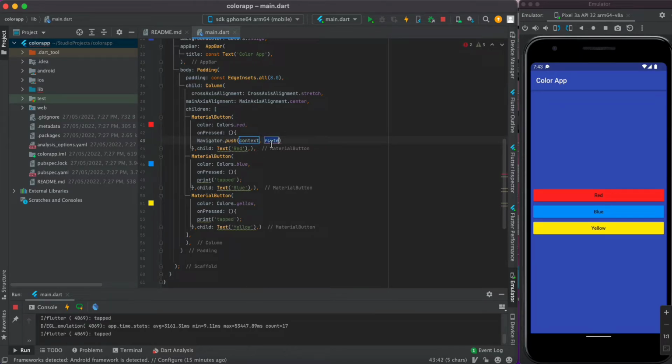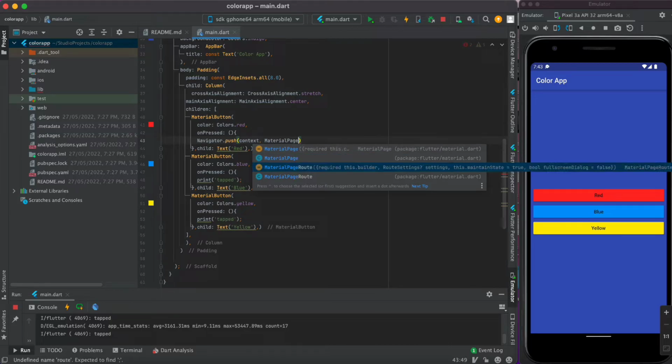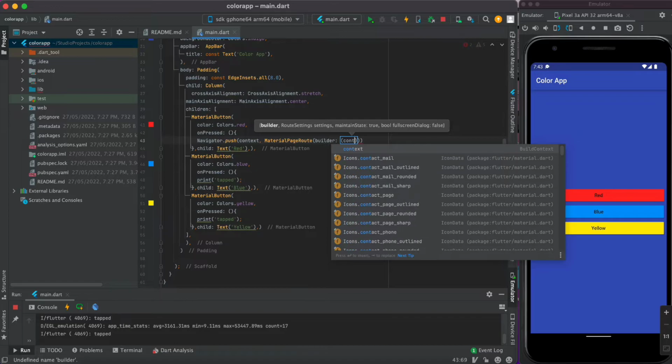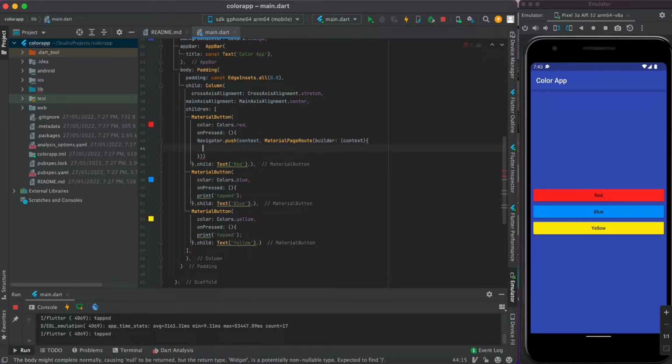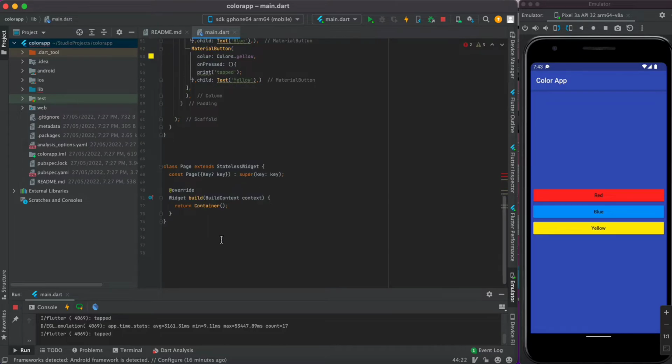Now make it MaterialPageRoute like this way, and here builder, context, and here equals to, not equals to, and just here semicolon, and here return this page name called page